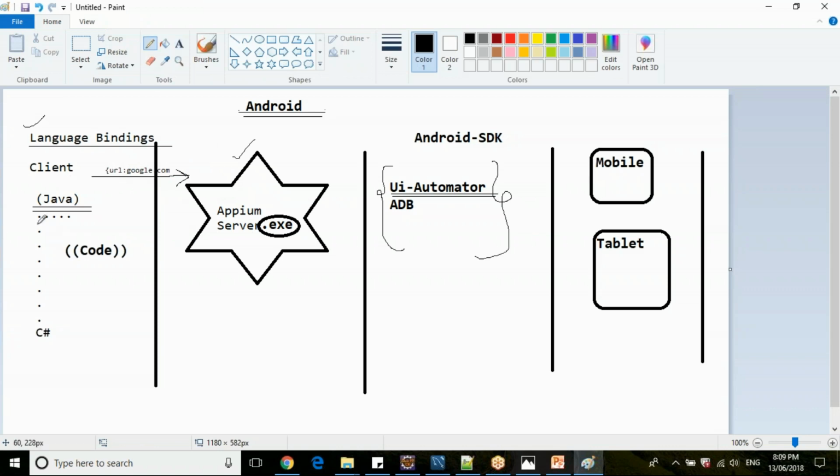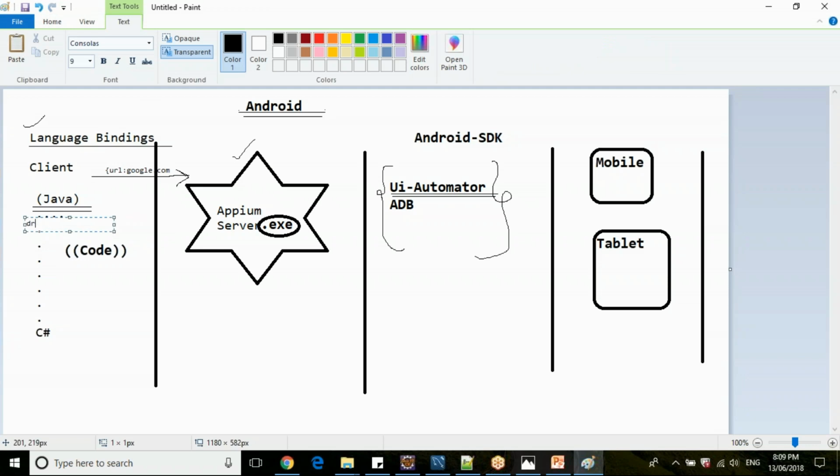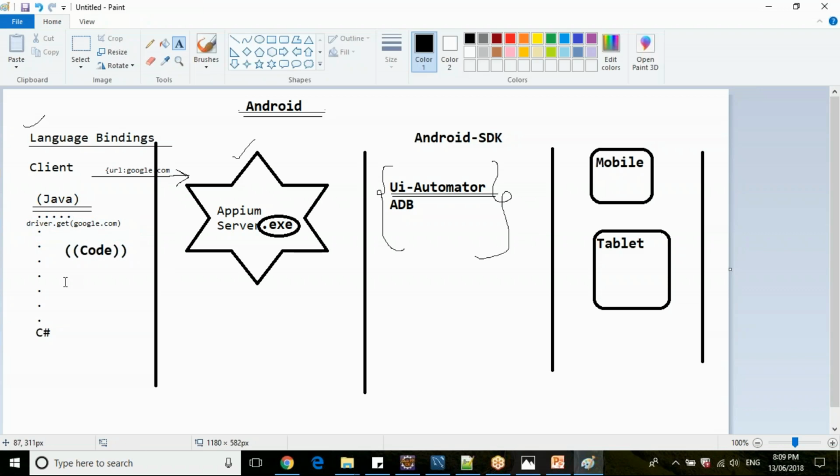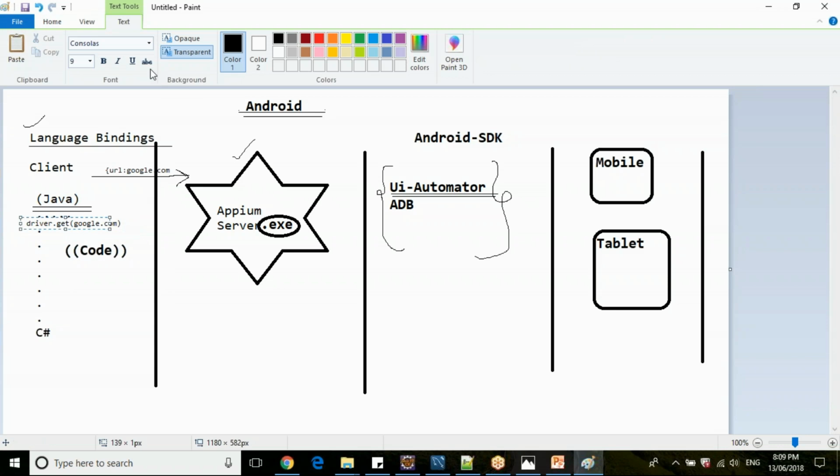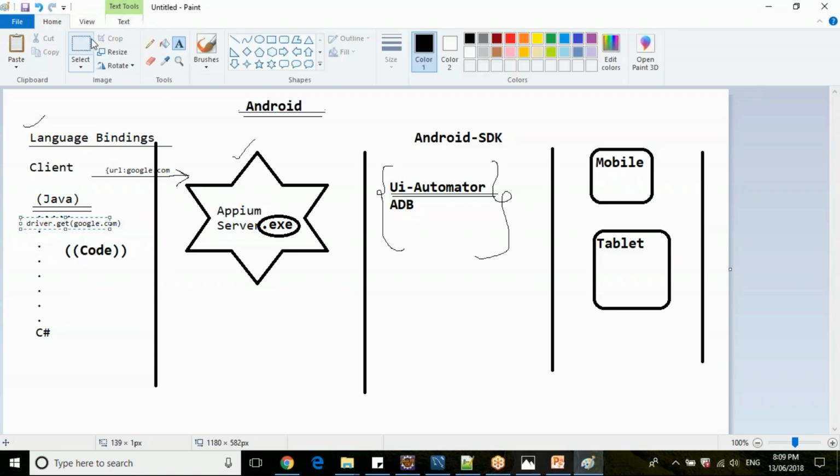So what is the actual code that we are writing in Java for this line? It is driver.get, and we're launching the URL google.com. Clear? So when you execute this Java code, it is converted into JSON format.